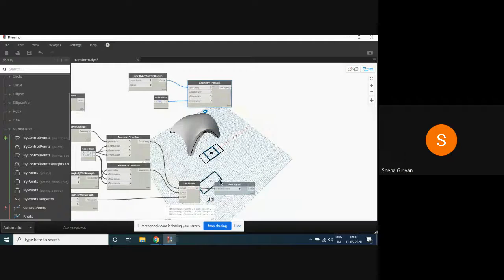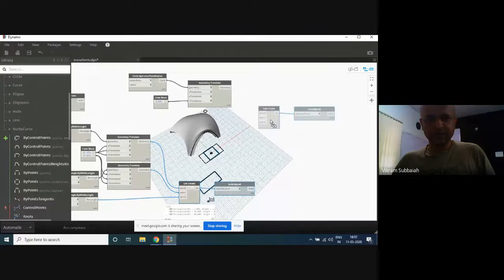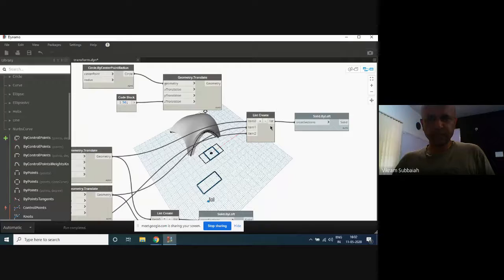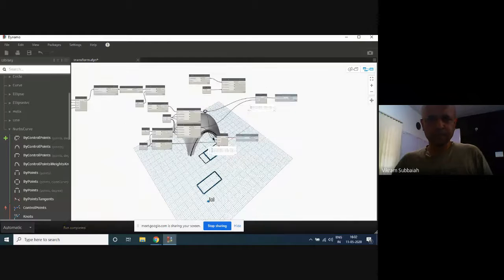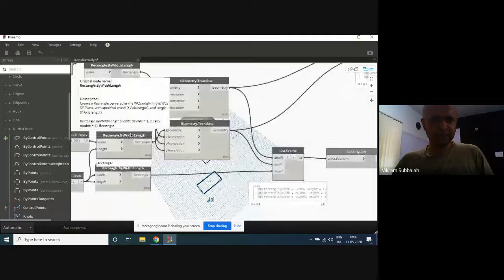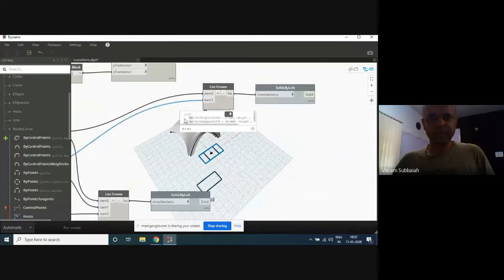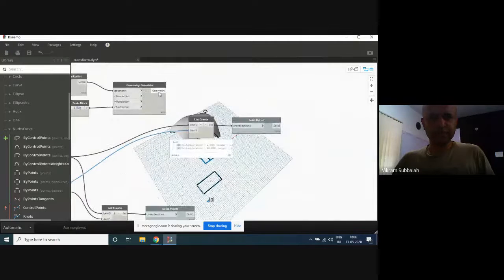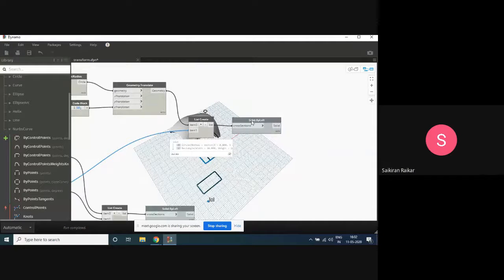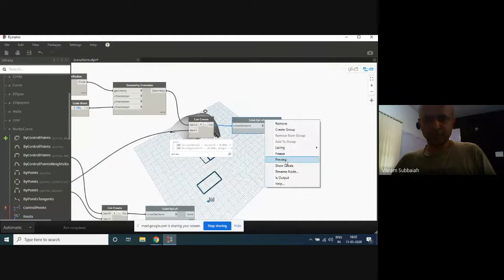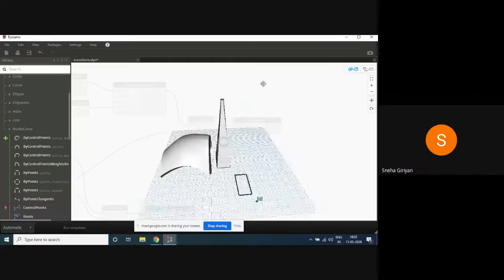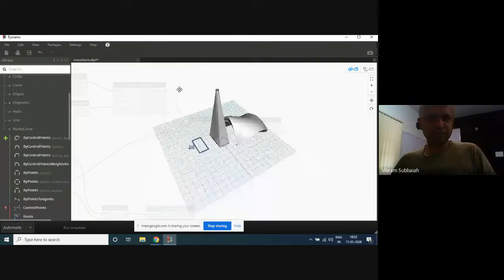And then if I create a loft between that rectangle and the circle, we create something like this. Okay, which is what you're asking?